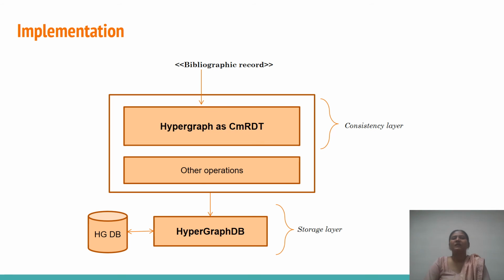We have implemented our HgCRDT specification as a consistency layer in our hypergraph-oriented database framework. We have used a user-defined schema and underpinned an object-oriented framework in our implementation to work with typed hypergraphs. Our implementation shows an applicability of our approach in a multi-threaded environment. Currently, we involved 6 threads for this. We created a hypergraph database to store the consistently propagating typed hypergraph objects, and this database is built atop HypergraphDB, a general purpose data storage mechanism.